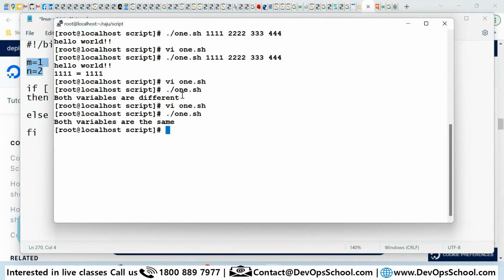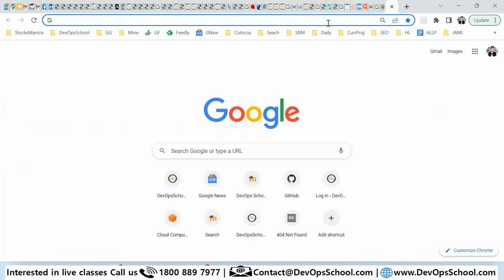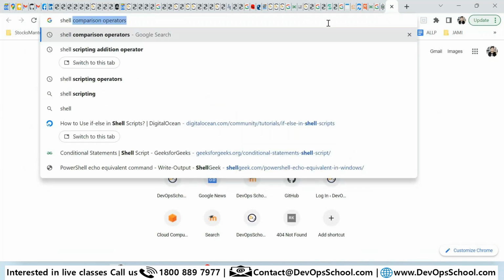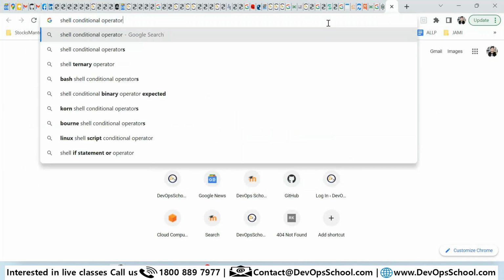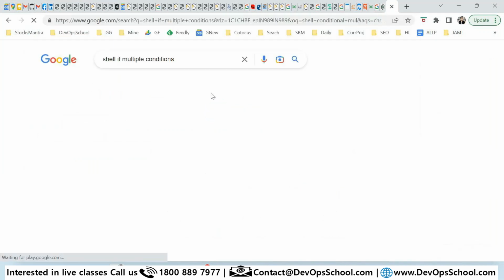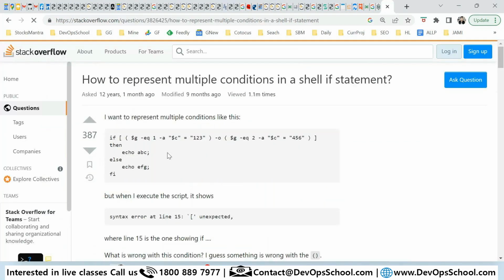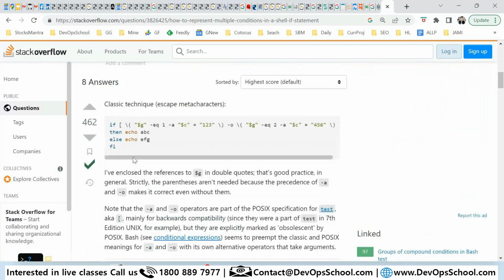So it's a very simple thing. But you know what, you can do multiple if statements also in shell conditioning. Multiple if statements, multiple conditions. Okay, so this is also, you can try it out. So to get it started, so here, see here,